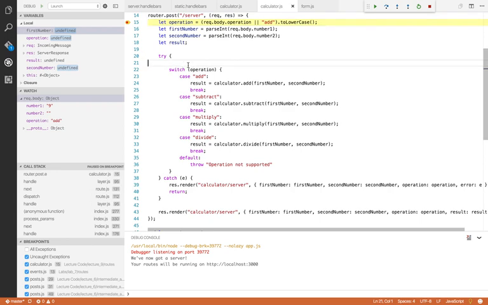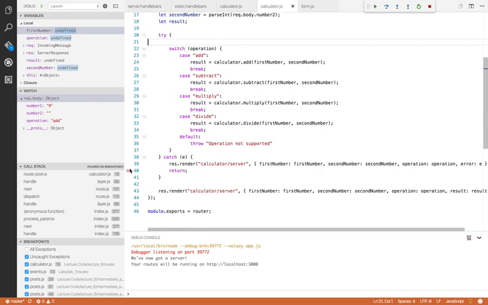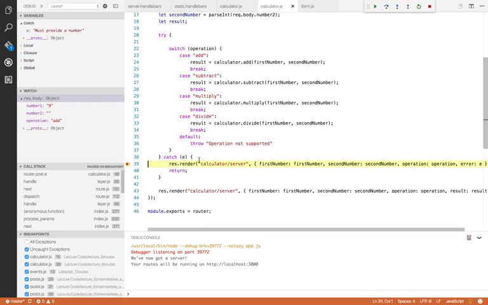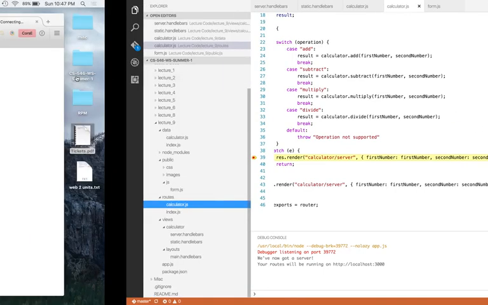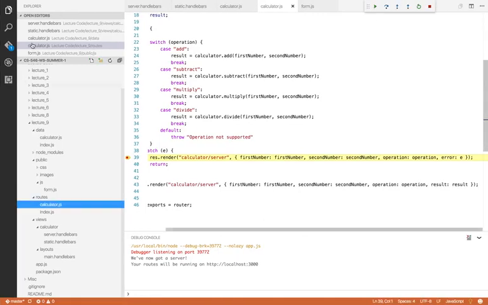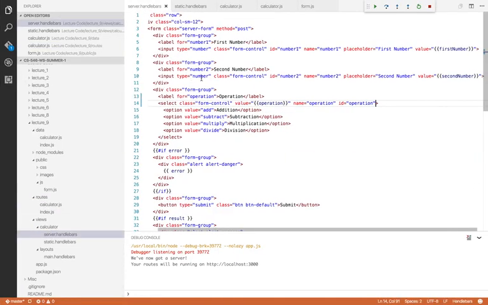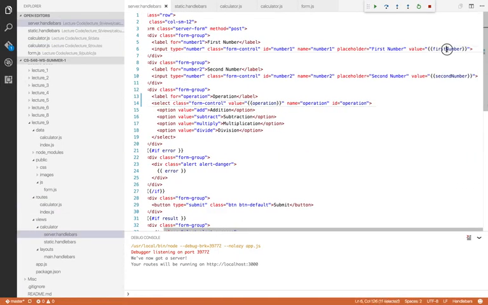If we were using promises, we'd just .catch the promise and pick up the error message from that. What we do is we catch the error, and then we just pass it back to the user. But we also pass down the first number, the second number, the operation, and the error. So as you can see, in our server handlebars file, we pass all that model data right back in